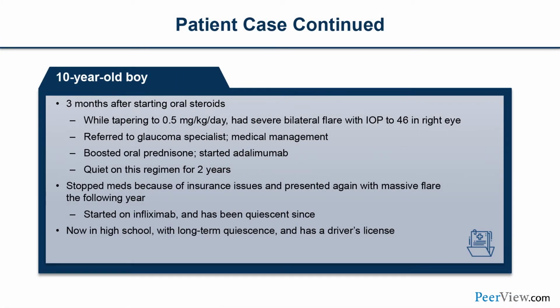He had a severe bilateral flare. His pressure went to 46 in the right eye. Referred him to a glaucoma specialist. Fortunately, he didn't need surgery. He was able to be treated medically. We boosted his oral pred at that time and started him on adalimumab, and he was quiet on this regimen